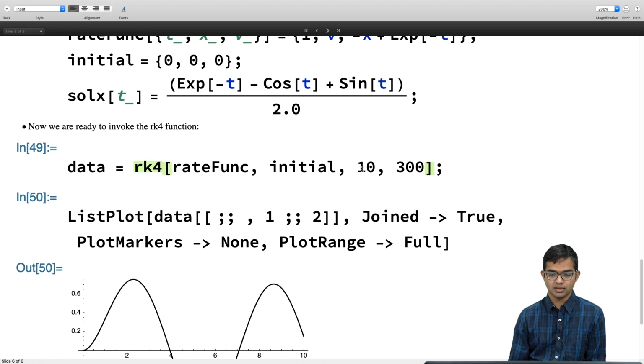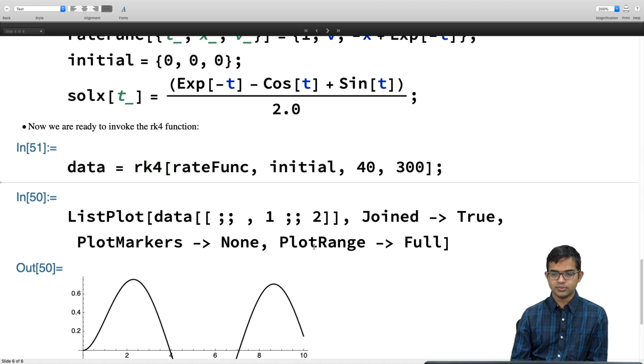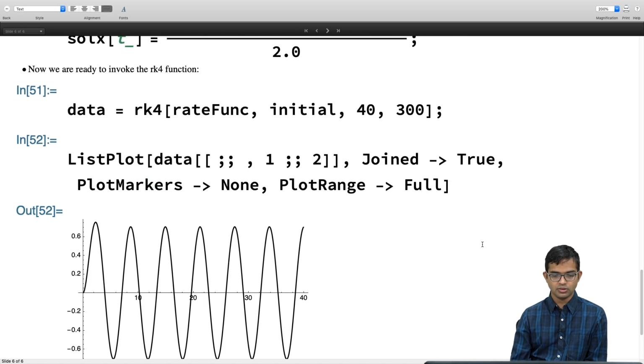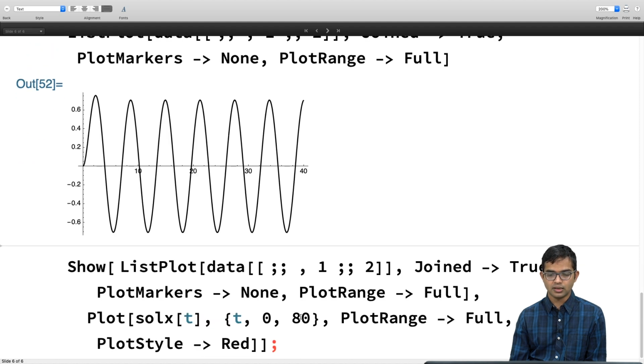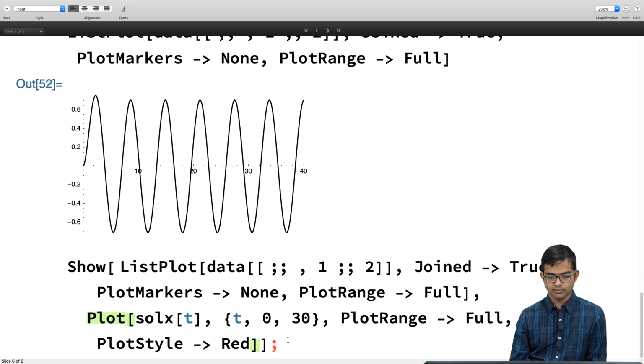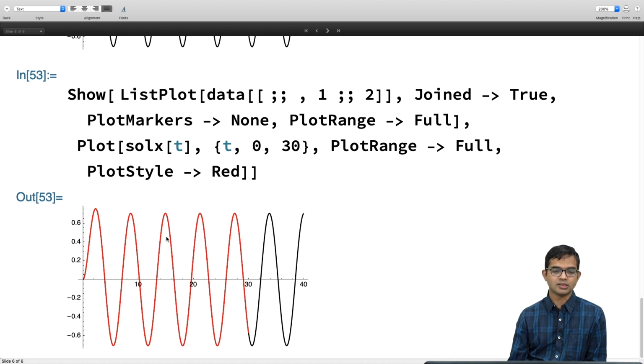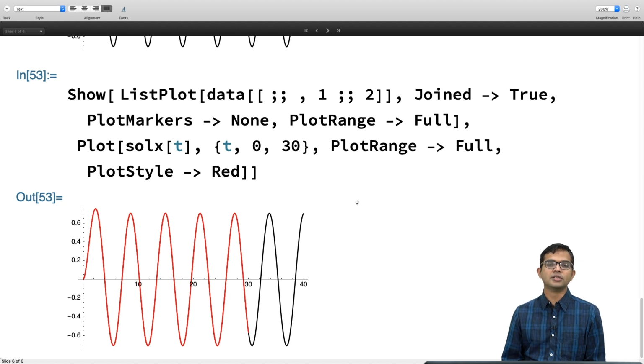So if I take something like 40 time steps, there you go. You see that its amplitude is now basically constant for all practical purposes. And now if I were to compare this against my analytical solution, I would not be surprised that the two of them agree, and in fact that only adds to our confidence. So what have we done in this module?